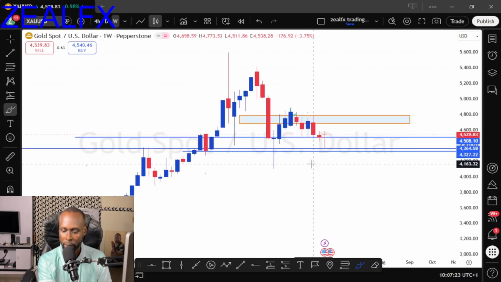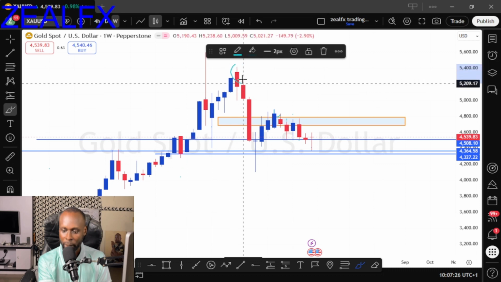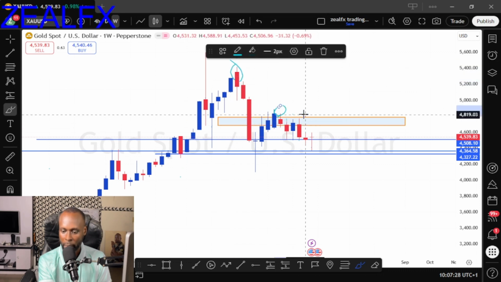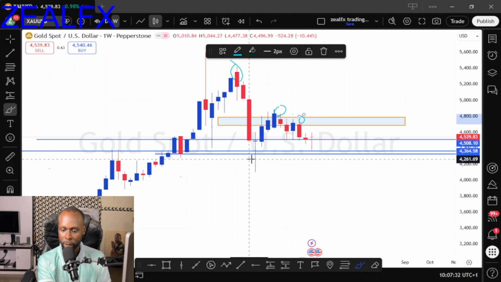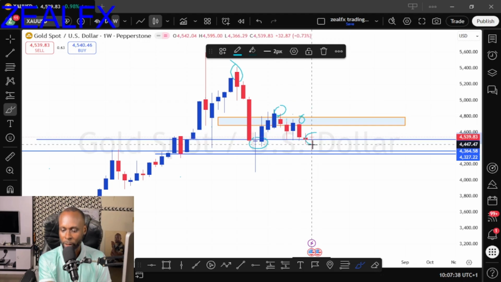We can see on the weekly time frame we have this lower high, a lower high, and a lower high. This is a sign of a bearish trend, but we also have price rejecting from this support level. We cannot sell from a support level. We can only buy from a support level. So long as we have price rejecting from this support level, if we are to look at a buying opportunity,